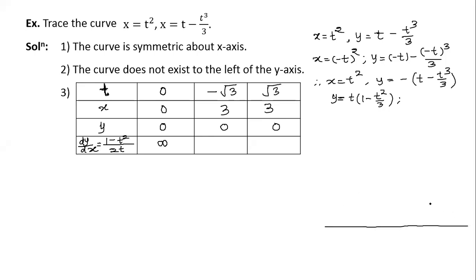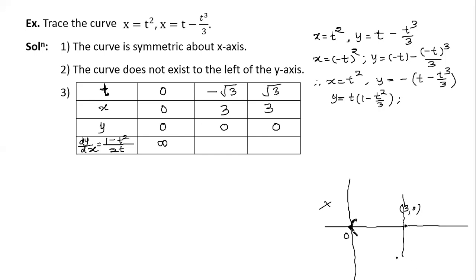See, I would like to draw a rough sketch at this side. Here, this is origin. We know x-axis, y-axis. Curve does not exist to the left of y-axis, so here does not exist. Origin is part of the curve, and y-axis is tangent at origin. So it will be something like this. Okay. So here, what further? X equal to 3 and y equal to 0. This is another point. X equal to 3 and y equal to 0.